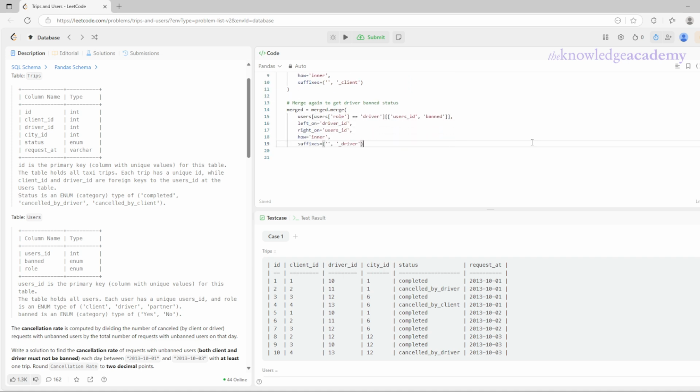Now we filter out any trips where either the client or the driver is banned. Only trips where both are active users will be considered. We're only interested in data between October 1st and October 3rd, 2013, so we slice the data down to just those 3 days. Then we create a new column that is cancelled if the trip was cancelled either by the driver or the client. We group by request at, then count how many trips happened each day and how many